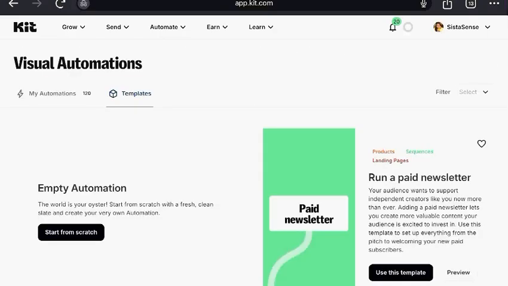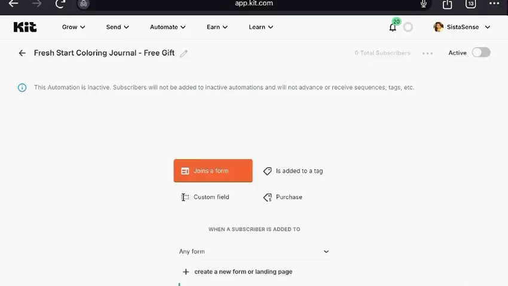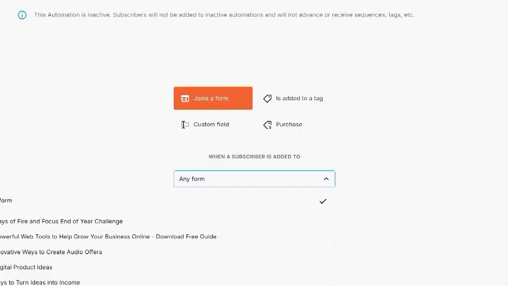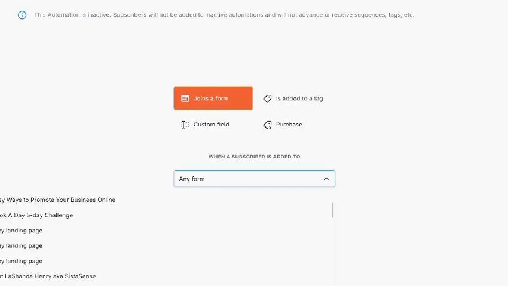Okay, so underneath automations, I'm going to start from scratch. I'm going to create a new automation from scratch. I'm going to call this the Fresh Start Coloring Journal Free Gift. Okay, start building. So there are different things that you can do. Join a form is basically a step. So I'm going to say if they follow the first step, which is to join the Fresh Start form, and